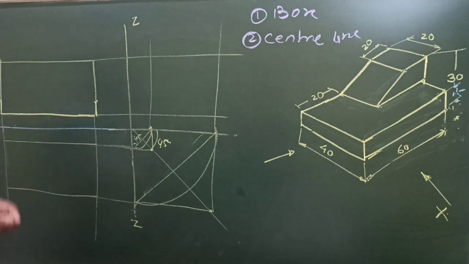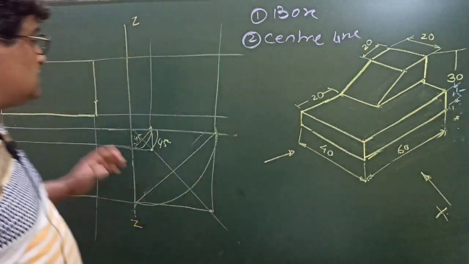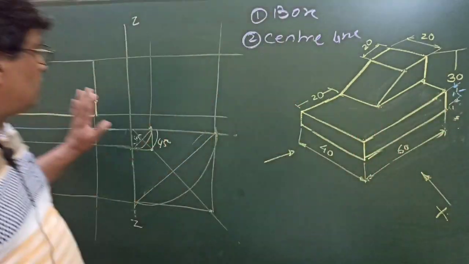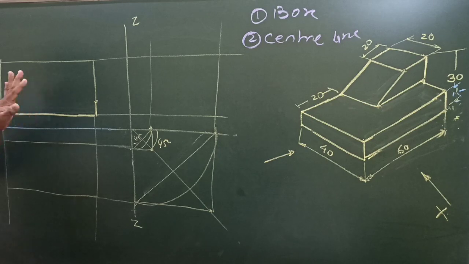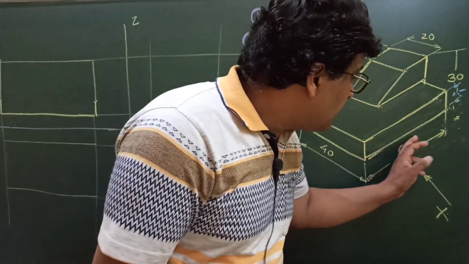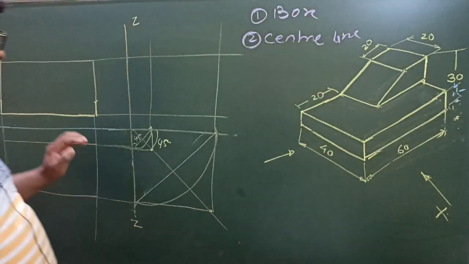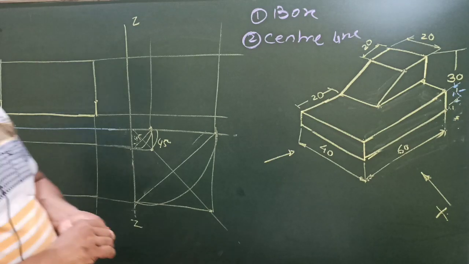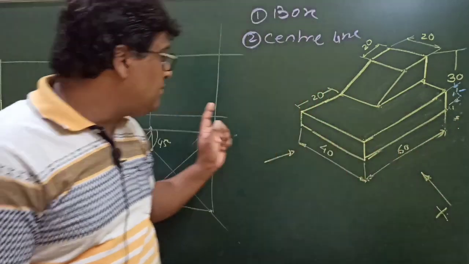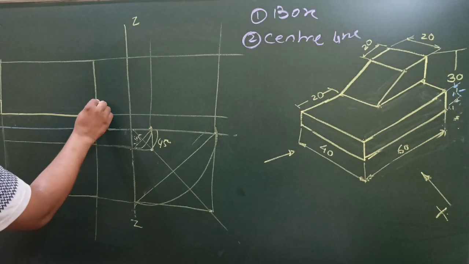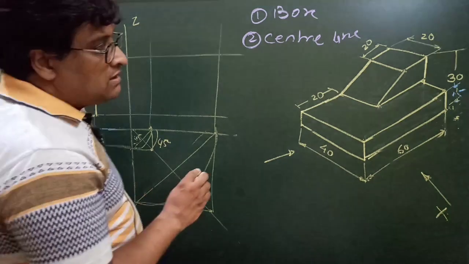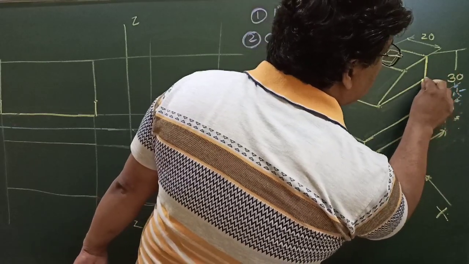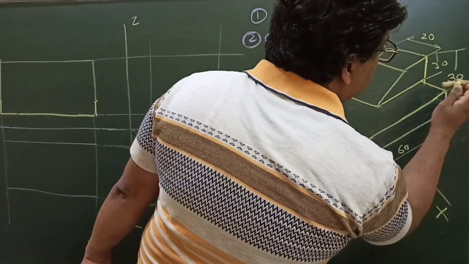So you came here. Remember, when you are converting pictorial views into the orthographic projection, all the lines which are vertical here, they remain vertical in the front view, they don't change, and all the lines which are at an angle of 30 degree with the horizontal, they become horizontal in the front view, right? That is why this 60 mm line, which is at an angle of 30 degree with the horizontal, it became horizontal here. So we have come up to this point. Now you can see here, you have to go 30 mm more above here. This distance is actually 30 mm, right?